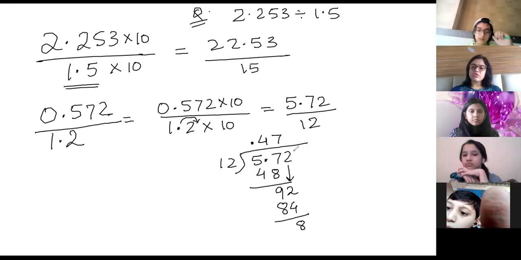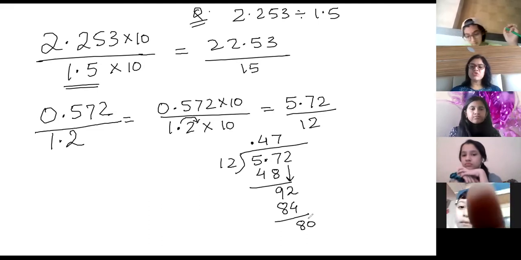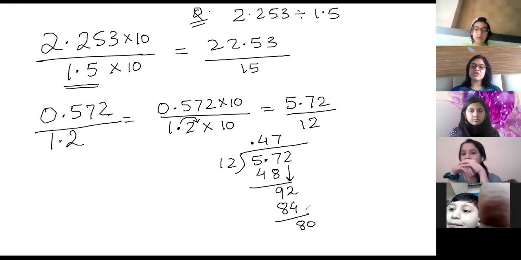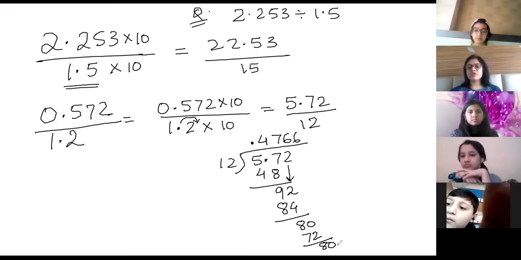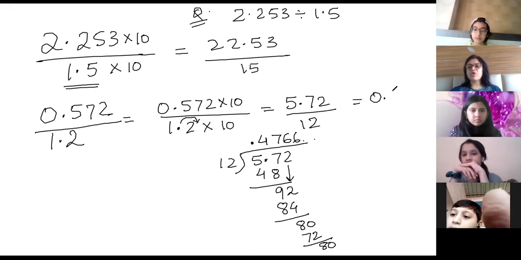Now see, Abdullah. Now nothing you are going to bring over, nothing is there. So you'll put a 0 on your own. Only 1 0 I'm bringing, okay, not 2 zeros. If I put 2 zeros, I'll put a 0 over here. So I'm bringing only 1 0. Now how many times will it go? 12 sixes are 72. Again, I'll get a 0. Again, I'm getting 6. So it goes on, right? So that means the answer is 0.47 with 6 repeating.